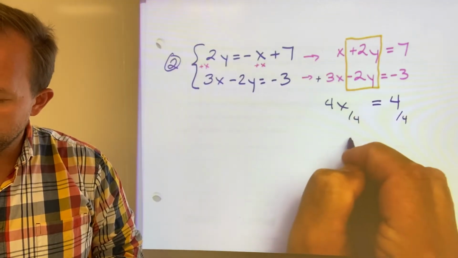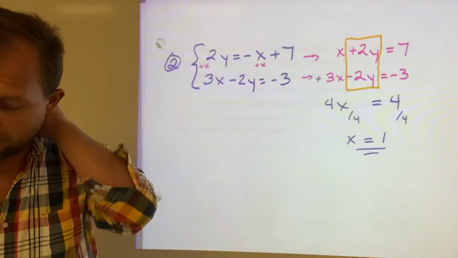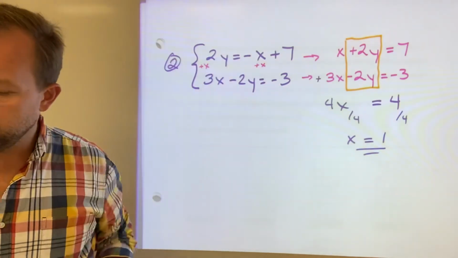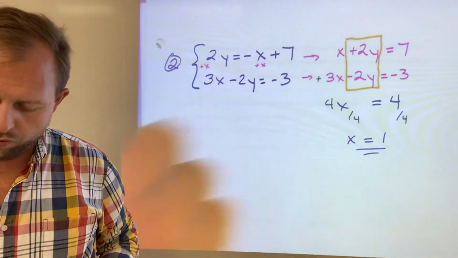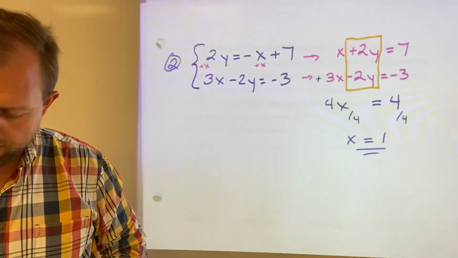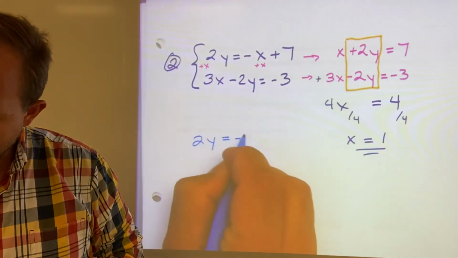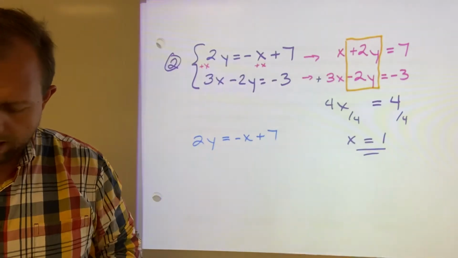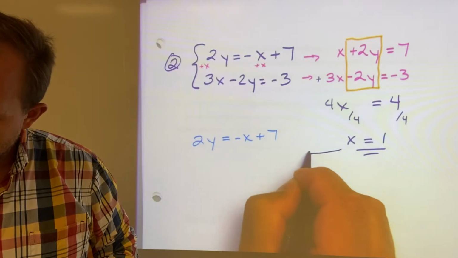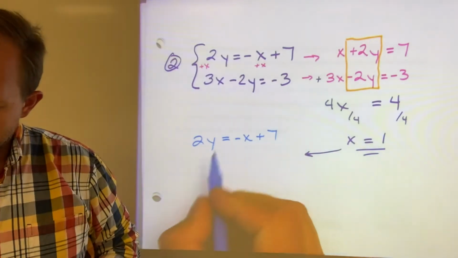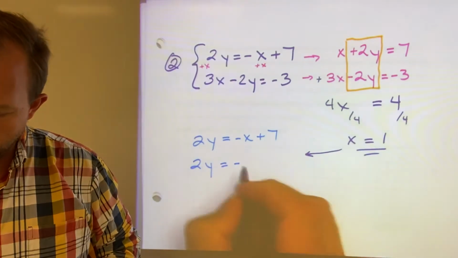Solve for x by dividing both sides by 4, and we get x equals 1. At this point, we can plug it into any of the equations up here. I'm going to pick this original first one. I'm going to bring down 2y equals negative x plus 7, and we're going to substitute in the 1 into that equation. So we get 2y equals a negative. Now we're putting in the 1